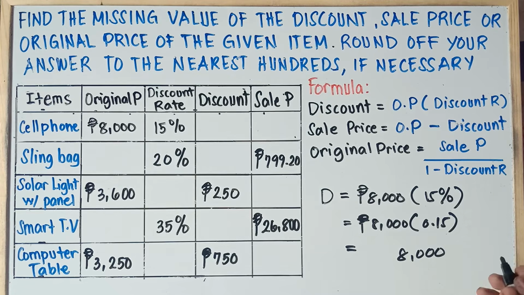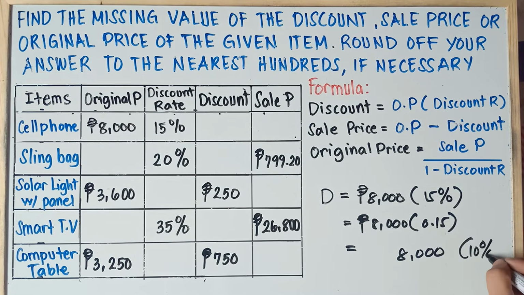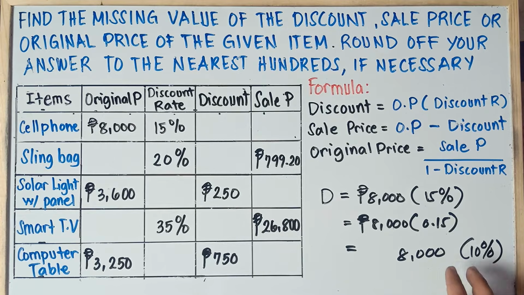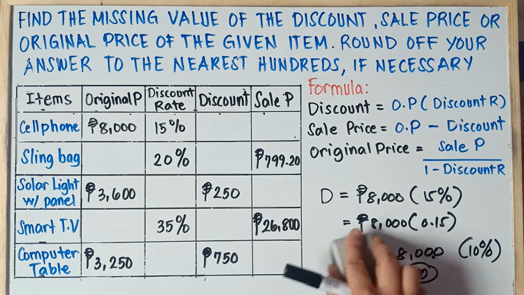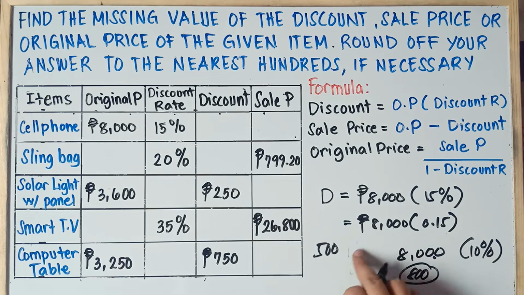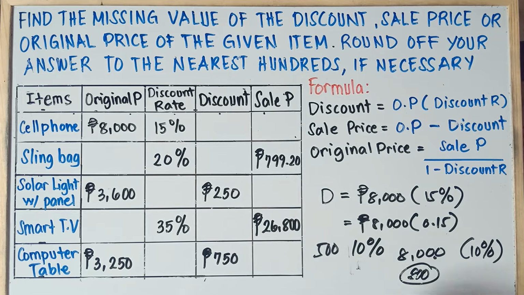I hope that you get this one, class. 8,000 and then 10%, just in case. 10% of 8,000, that's 800, right? When you multiply a whole number by 10%, simply move the decimal point of the whole number right to left once, and this will be 800. Once again, 10% of any whole number, just move the decimal point right to left once. Let me give you an example. If I say 10% of 500, what's the 10% of 500? Simply move the decimal point of this whole number once. The answer is 50. Easy as that, class. 10% of 500, that's 50.